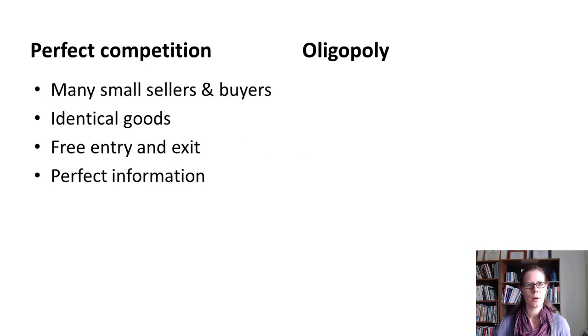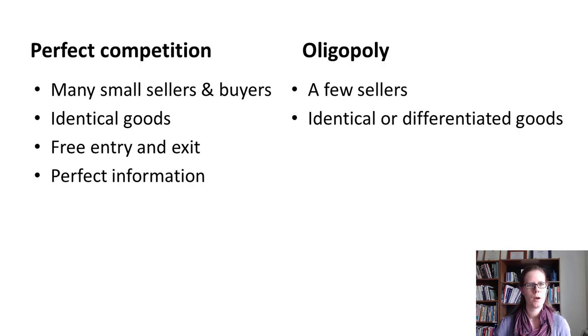This video is about oligopoly, which is another type of market where firms have market power. So again, we'll compare oligopoly to perfect competition. In an oligopoly, there are a few sellers, not many as in perfect competition, but also not just one as in monopoly. So a few can mean anywhere between 2 and 10 sellers who have a majority of the market share. There may also be some smaller competitors in the market.